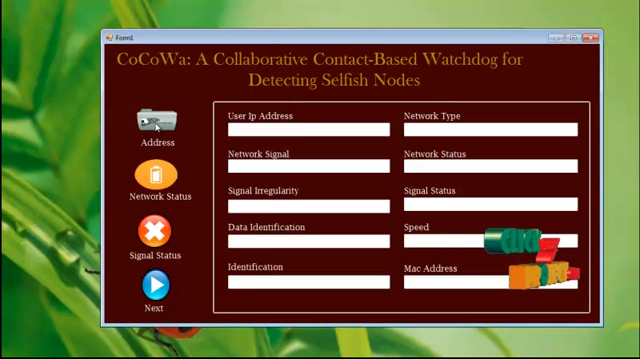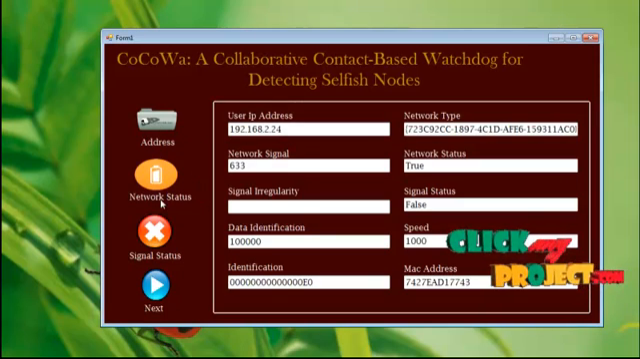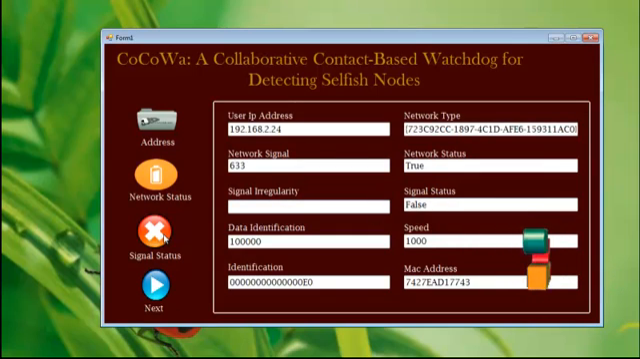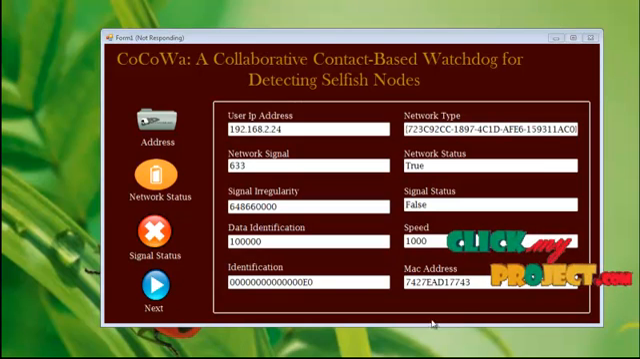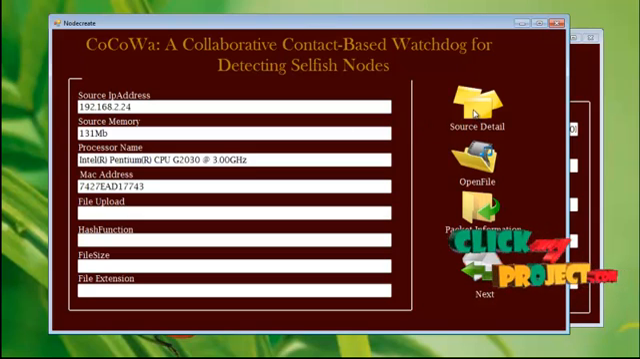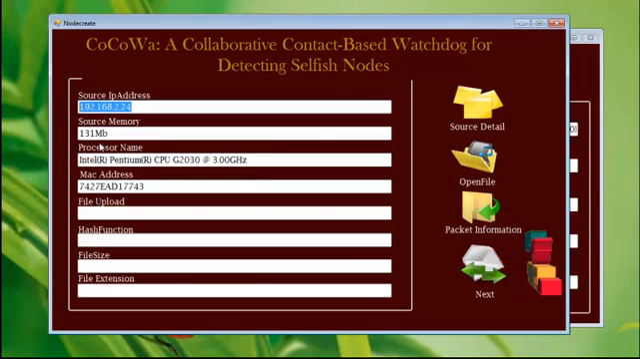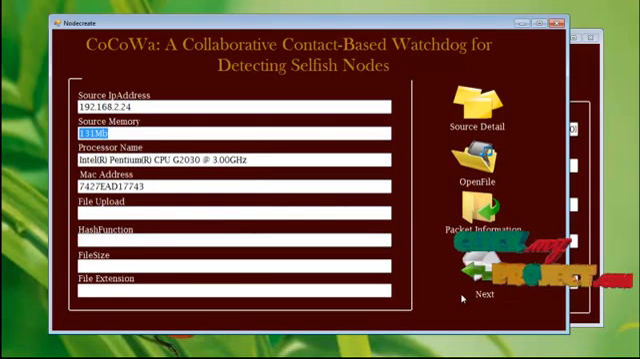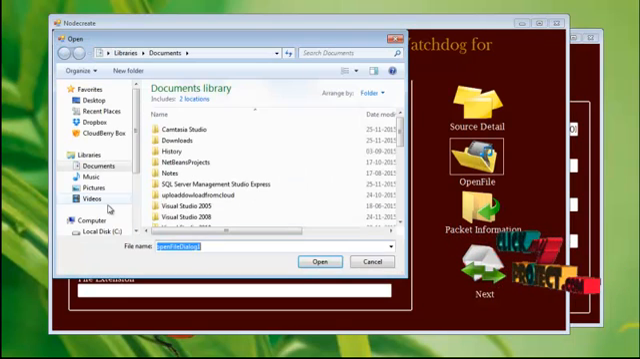Let's see the project. Click the address button, you will get the user IP address and the MAC address. Click network status, you will get the network status. For the signal status, click this one. Click the next button to view the next form. To get the source IP address, click this one. You will get the source IP address, your source memory, the processor name and the MAC address of your source details. To open a file to transmit the path to the receiver,